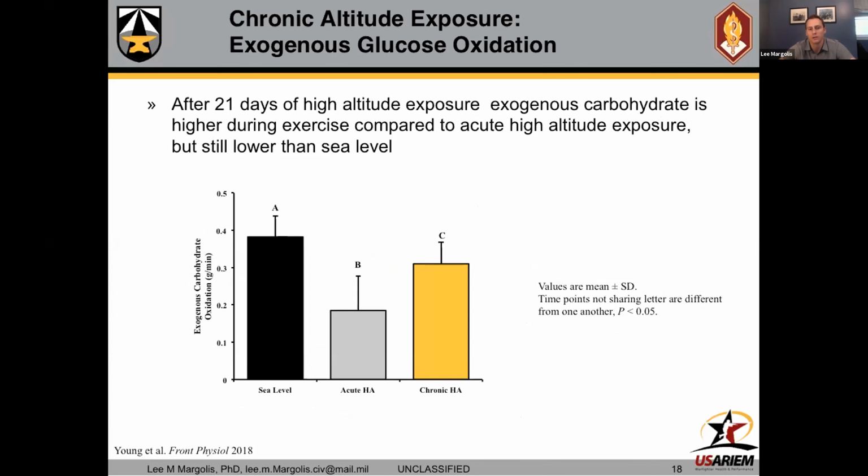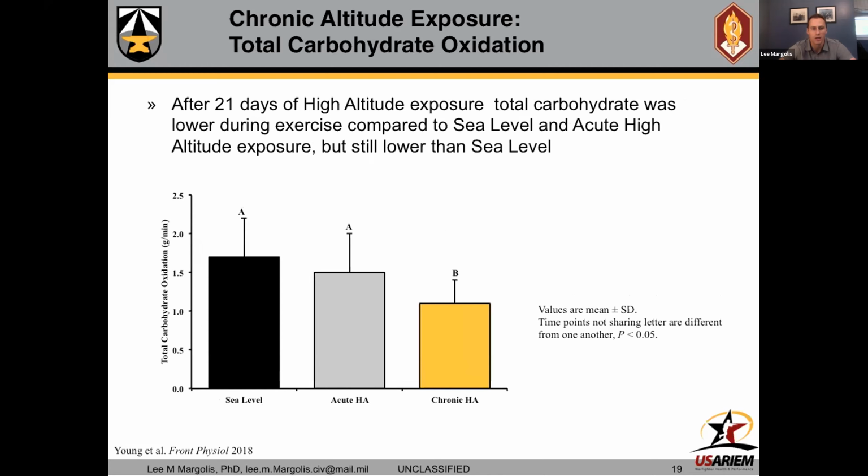With the lower increases in glucose and insulin concentrations, we saw that exogenous glucose oxidation, though it was still lower in grams per minute than sea level at chronic high altitude, in comparison to acute high altitude was able to significantly increase. So again, it seems that there is some mechanism that's allowing for exogenous glucose to be more readily used upon a more prolonged exposure, also with the caveat that energy deficit could potentially play a part in this as well. Now, even though the absolute value of exogenous glucose oxidation remained lower at chronic high altitude compared to sea level on day 21,